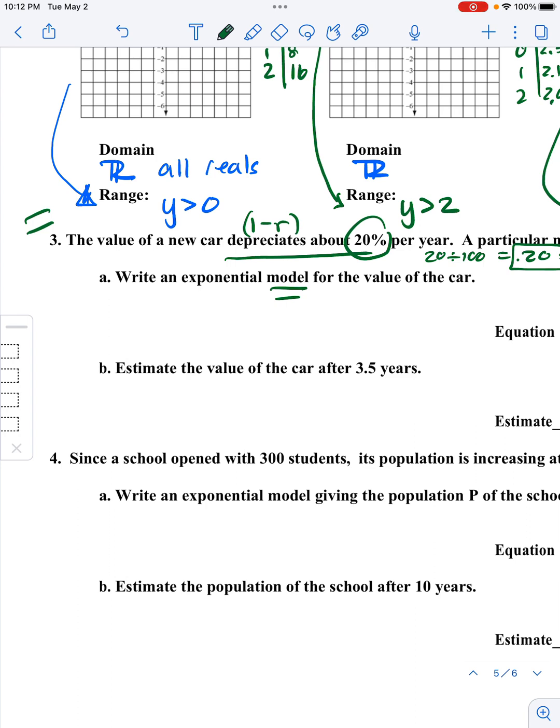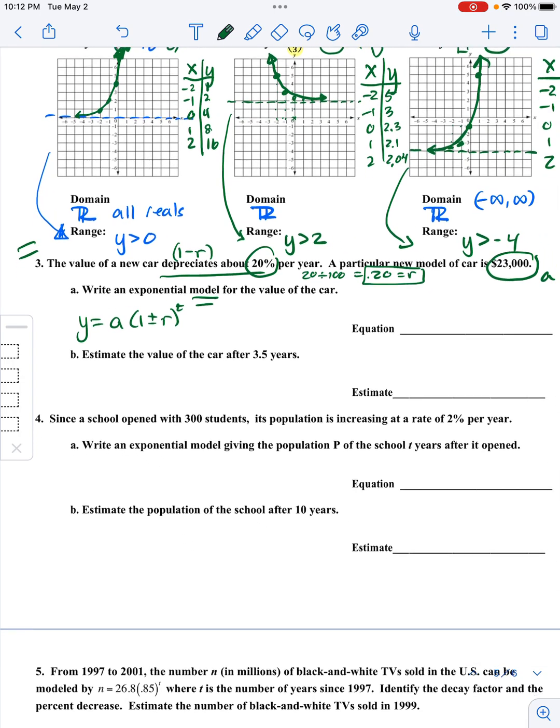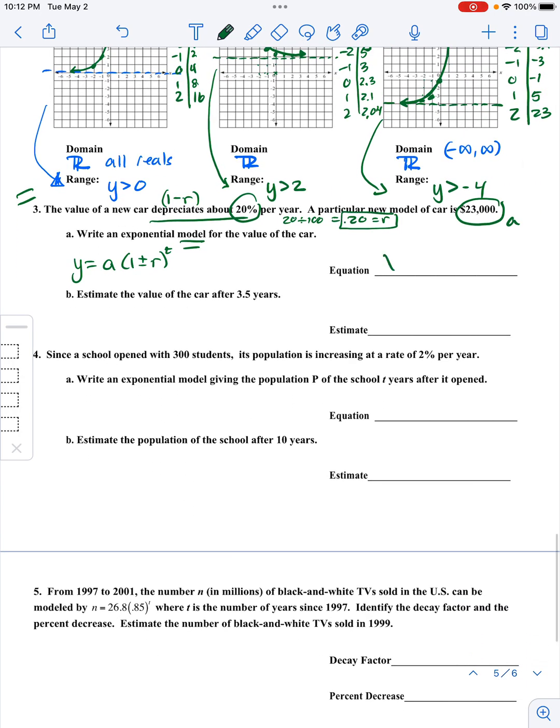So this is not compounded because it never says compounded. So keep in mind that our formula is A times 1, and then either plus or minus R, depending on if you have growth or decay, to the T. So for us, we're going to have y equals, our initial value was 23,000. And here we have a 20% depreciation. So we'll have 1 minus 0.2 in here. You can leave it as that, or you can write it as 0.8. I don't really care. I think I put both on the answer key. And then,